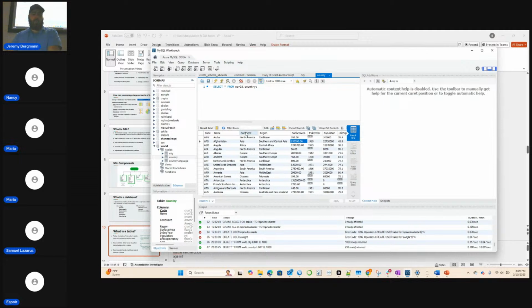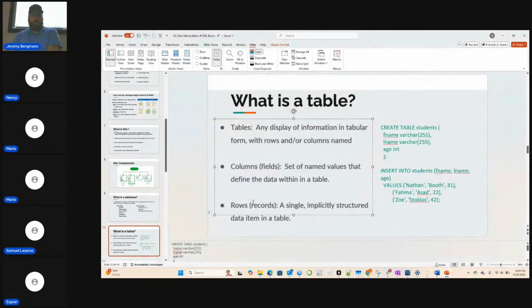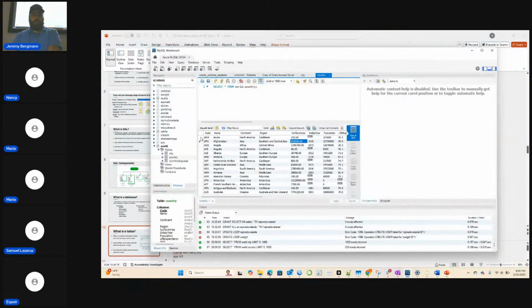So it stores information, and the columns help define what's stored in the table from a column perspective. And the rows are single implicit structured data items in the table. So using that same example, each one of these rows is information about a country, and each one's a new country within it. It could be transactions within a system. That's often how I think of these.